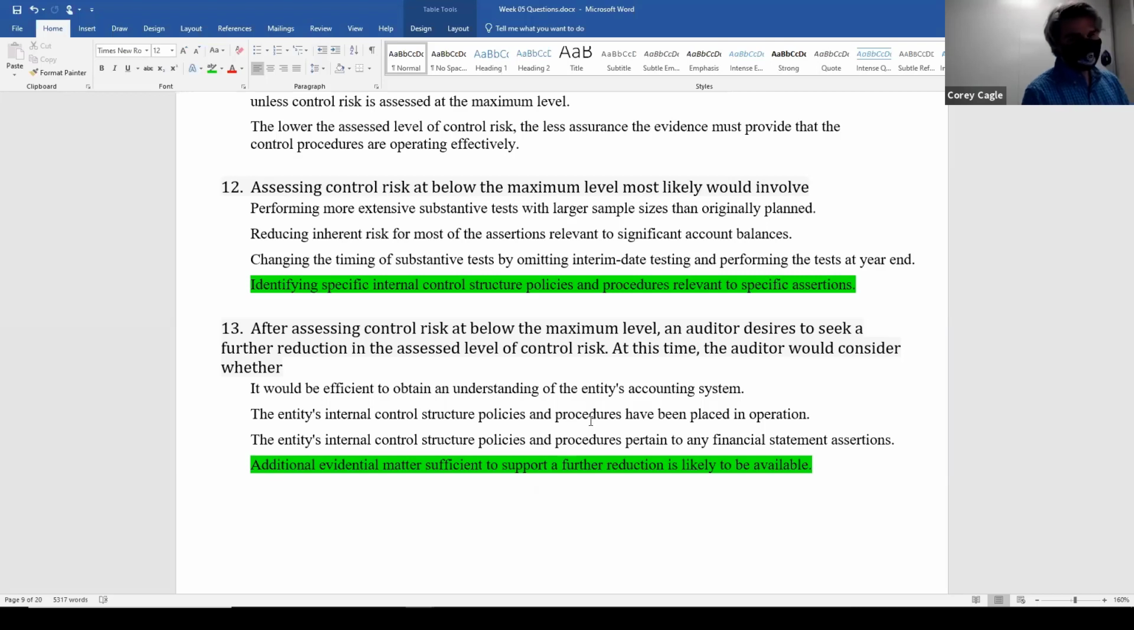D is not the clearest of the clear answers that they could have possibly given, but it is at least working toward a test of control. It's not exactly a test of control, but you're working your way toward it. That's the best of the answers there. Everything else has to do with